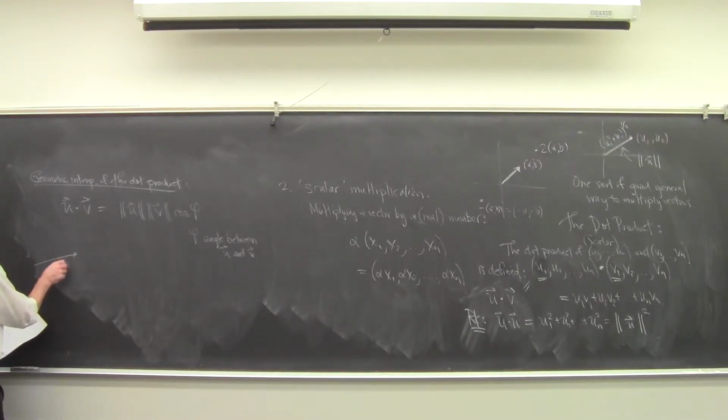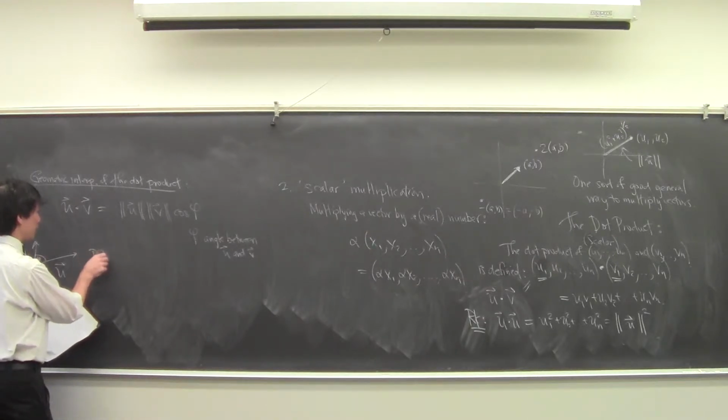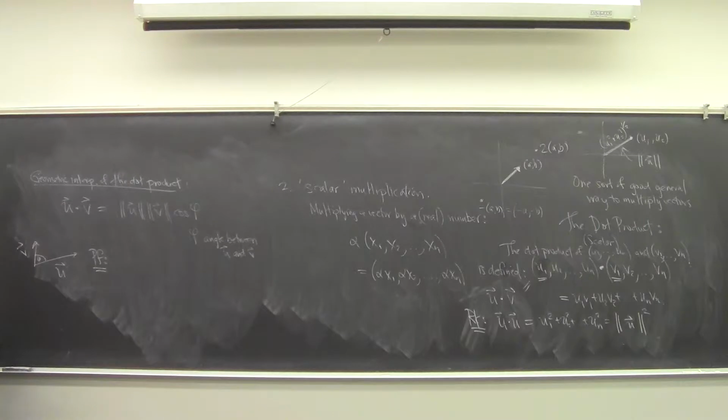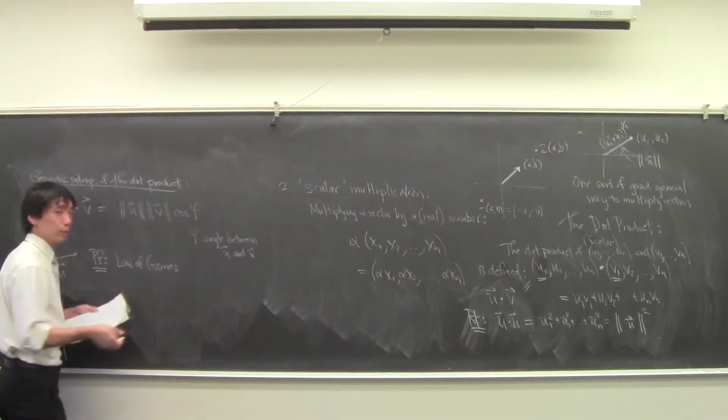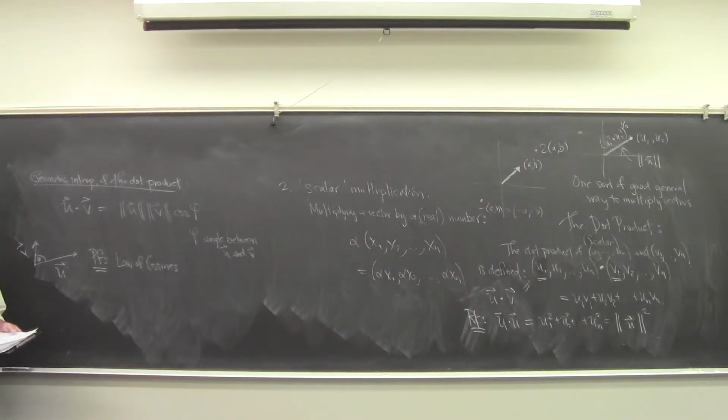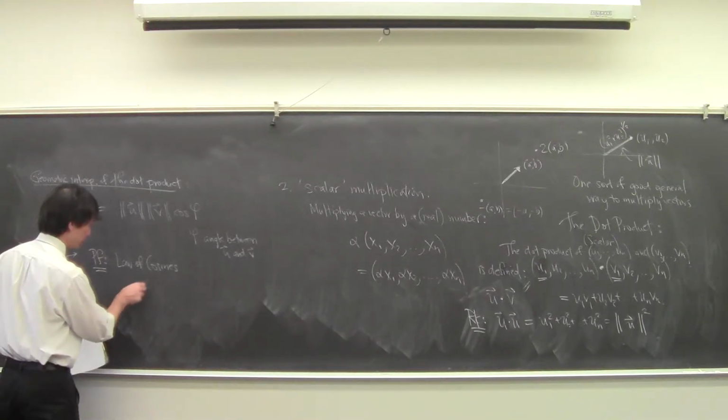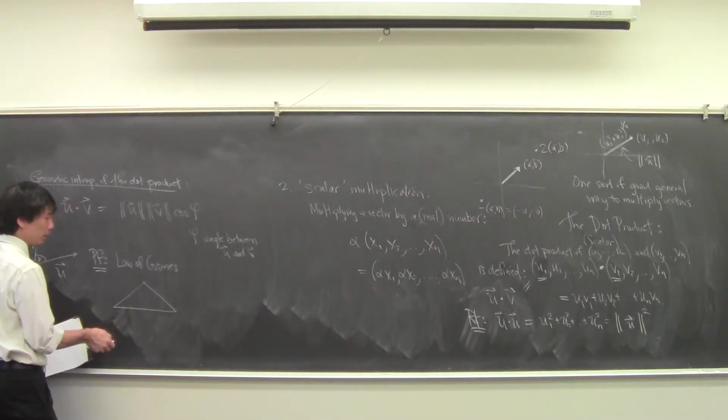Right, so this is u, and this is v, this is phi. Then the dot product gives you the product of the magnitudes times the cosine of the angle between them. And the proof of this fact follows from something like the Pythagorean theorem, something called the law of cosines, which is basically a super version of the Pythagorean theorem. You probably saw it at some point. The law of cosines says that